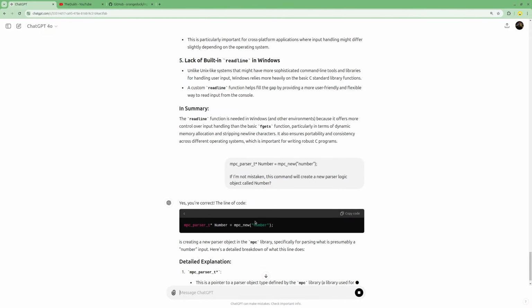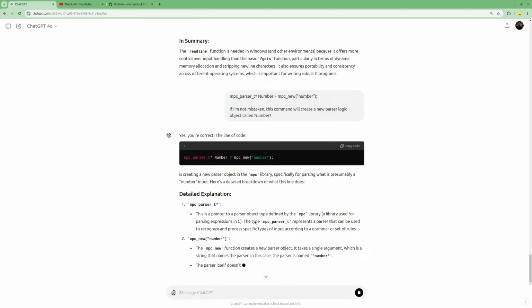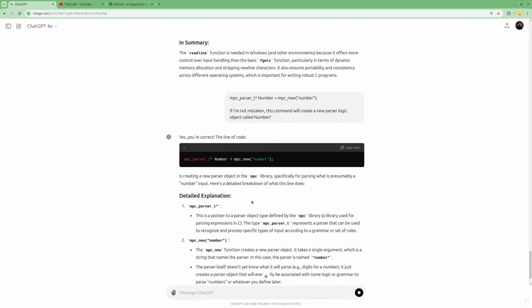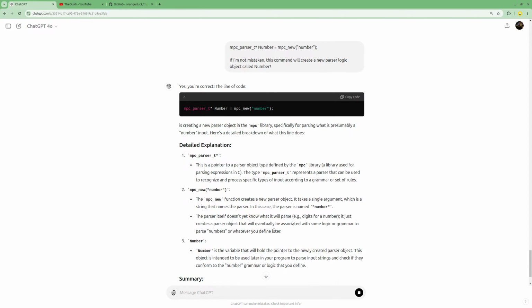Parser object specifically for parsing what's presumably a number input. Here's a detailed breakdown. So this is a pointer to a parser object type defined by the MPC library, and so this one,